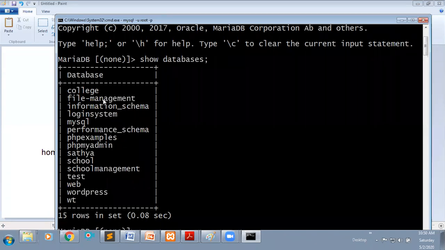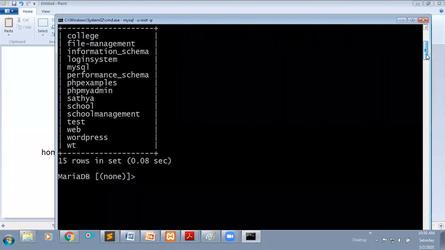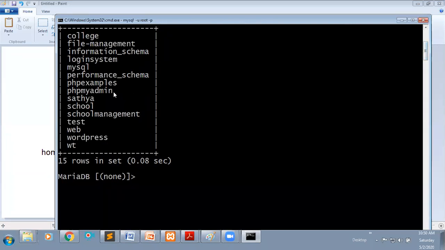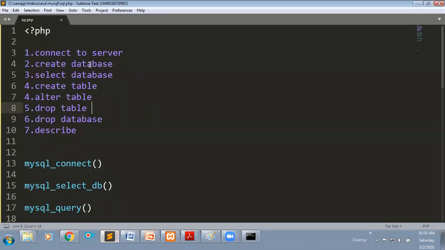I don't want to use these databases. If you observe here, what I did now is just connect to my server by mentioning the username, root, and the password is empty. By using this username and password, I have connected to the server.